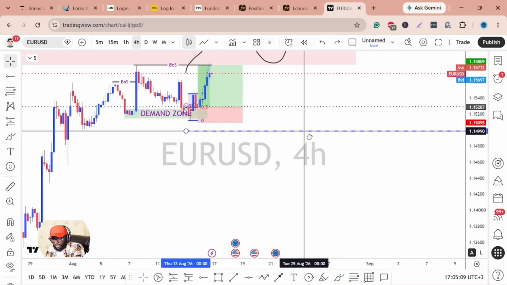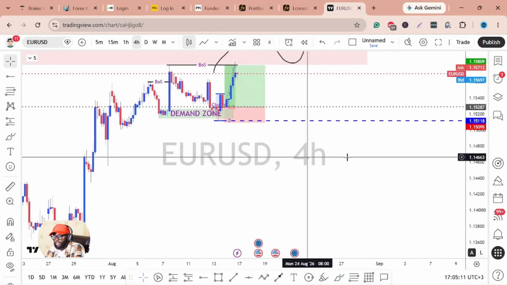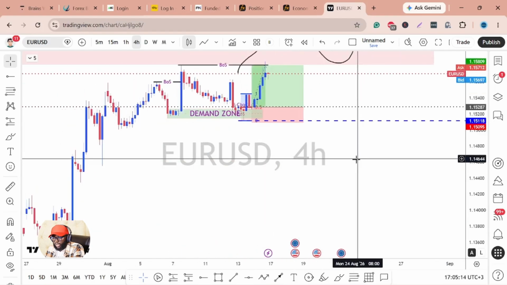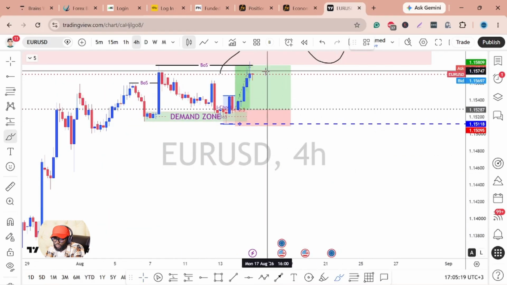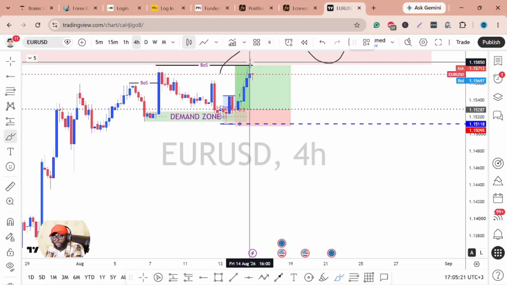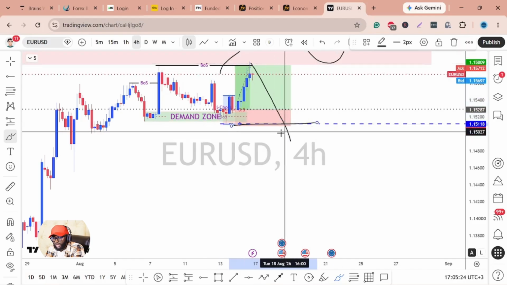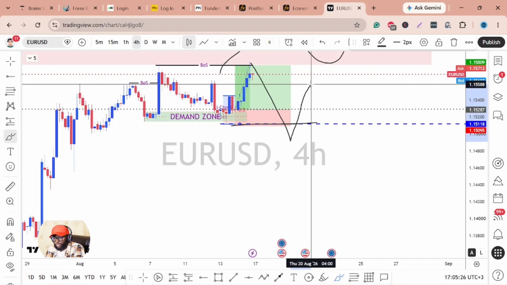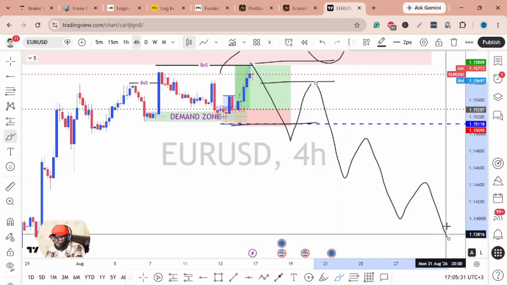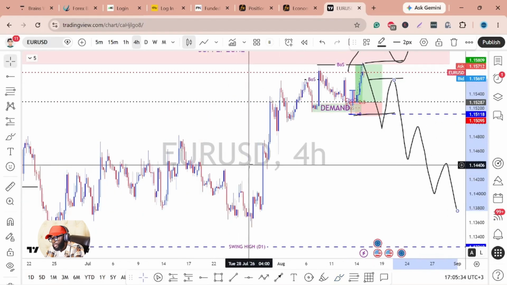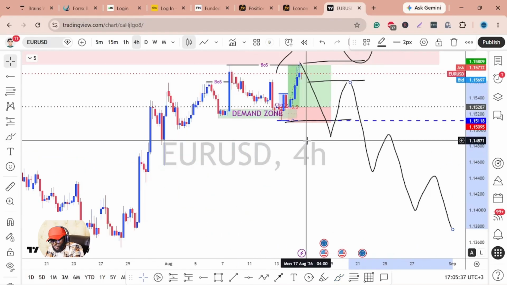And if we also see price breaking this level, this swing would be the determiner if price is going to be pushing lower for EURUSD. If we're going to be going short on EURUSD, we want to see a break of this level to give us that 4-hour change of character. Then we'll be looking for a pullback to short price from this supply over here, to continue with the lower highs and lower lows, or rather the bearish price action. That is it for EURUSD.